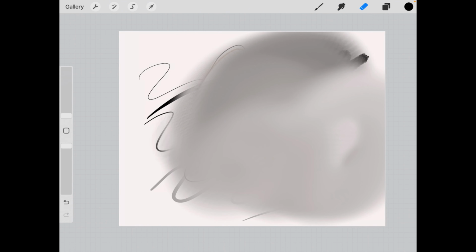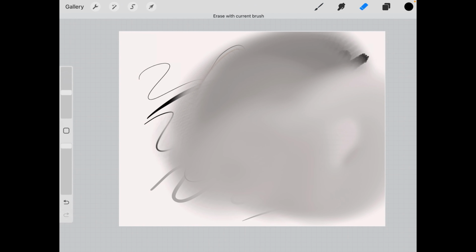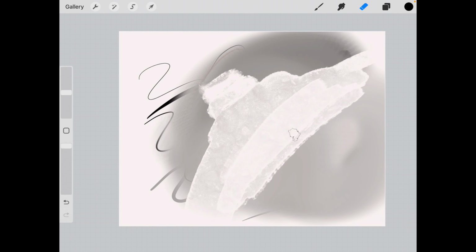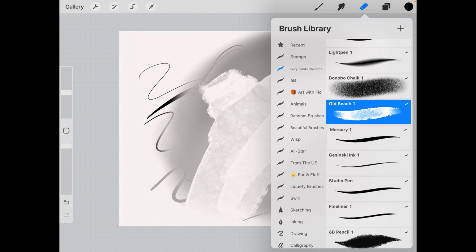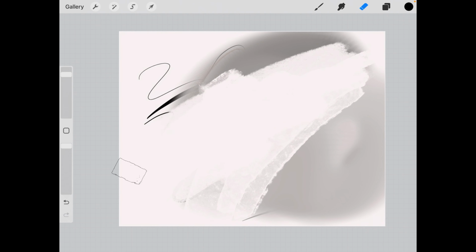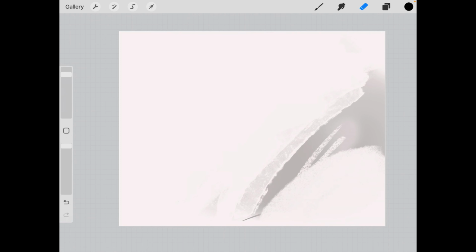Okay, now this is the eraser tool. Eraser tool also has the exact same brush library. If you want to erase with the same brush, just long hold that eraser and you can erase with the same brush. But I usually just like to erase using 6B, increase, and you can just start erasing. Okay, this as well, more pressure means it erases better, less pressure means it will erase more lightly. Okay, and the same with the opacity, it's just like this.